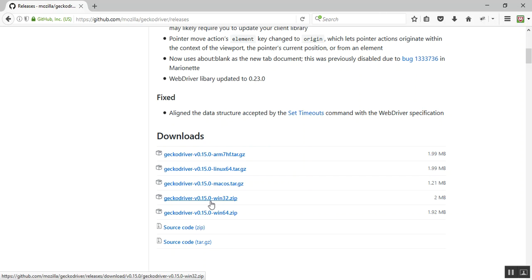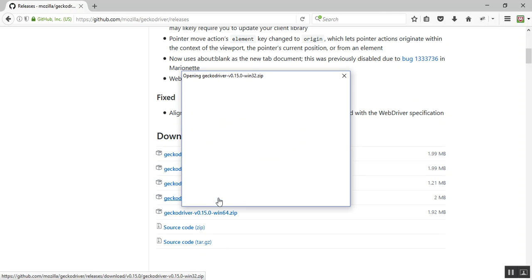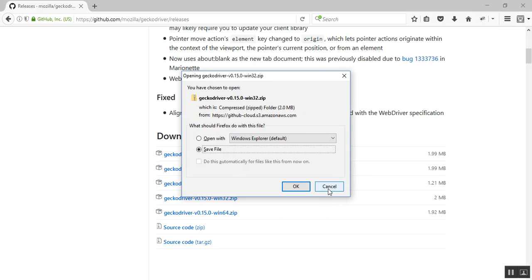I will select this geckodriver win32.zip file. You could select the 64 if you are using a 64-bit system. I will do a 32-bit installation, and once I click on this, it will be downloaded and stored in your system. I have already downloaded this.